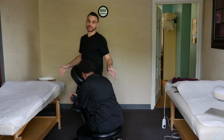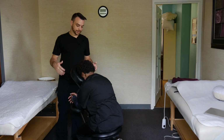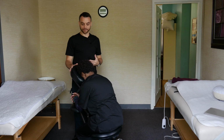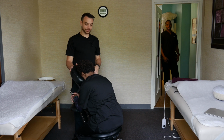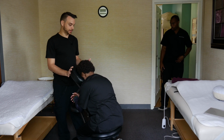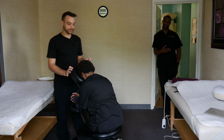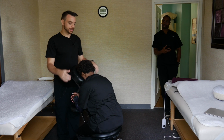Go ahead and show you guys how to do some chair massage. So we'll typically start by lining up our client, and so we'll want to be in front of the chair while they get on so we can hold and support it. So once they are properly bolstered and applied here, we can go ahead and begin. We can easily start with our resting touch here on the shoulders